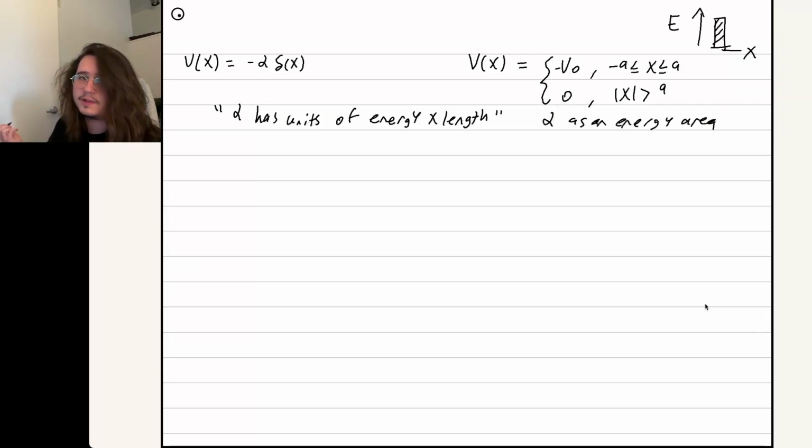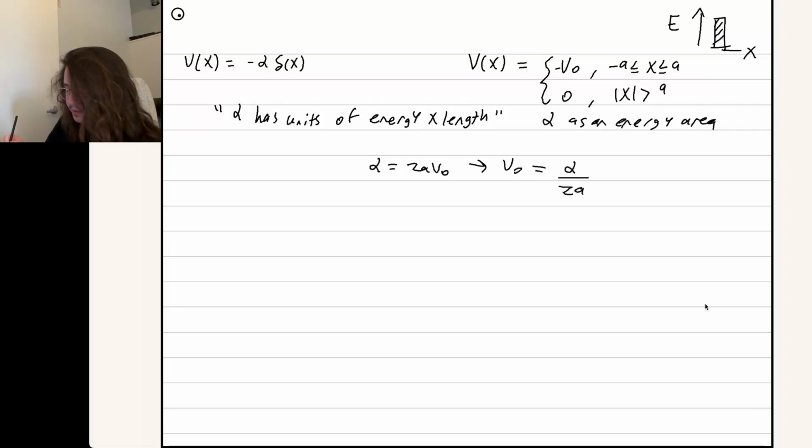If we were to draw the same sort of rectangle using the finite square well, then the area of that rectangle is just 2a V naught. So we can equate those. We can say alpha is going to be 2a V naught. That's cool, but we're going to use it to get an expression for V naught, which we are going to plug into